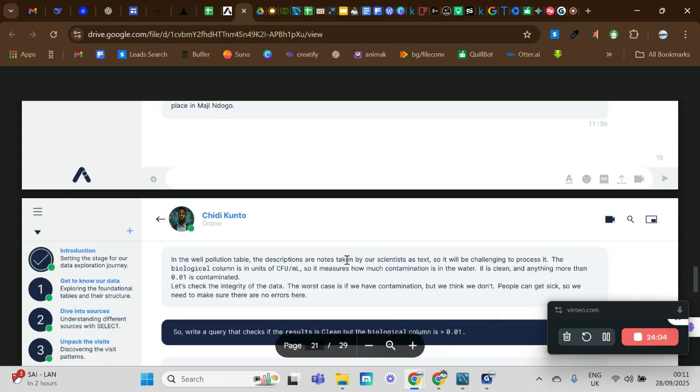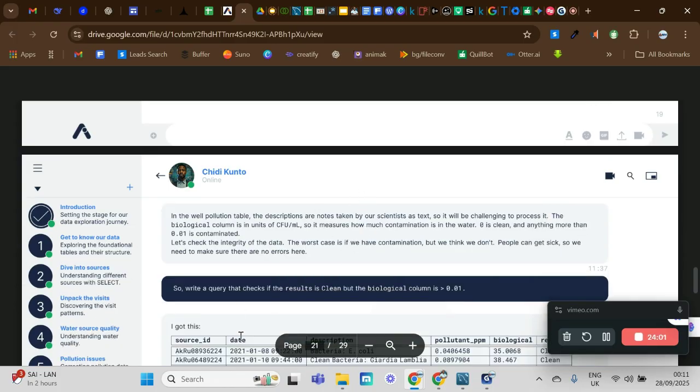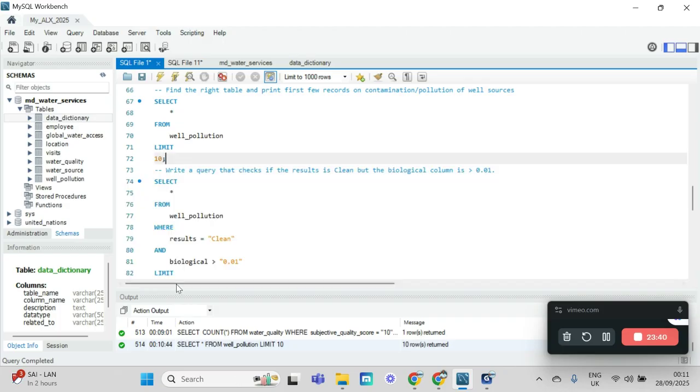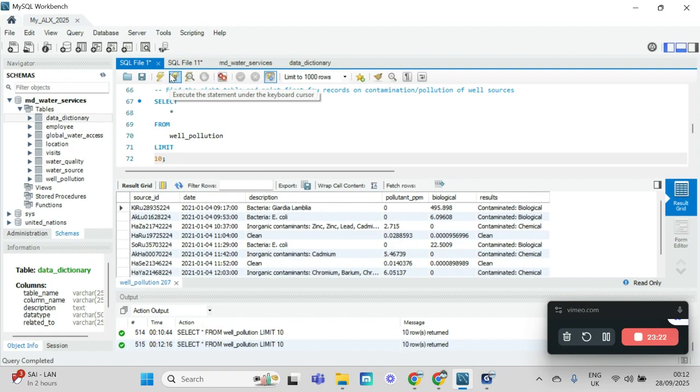There's a lot of text here. The summary is that we are supposed to write a query that checks if the result is clean but the biological column is greater than 0.01. So let's see if we can do just that. So write a query that checks if the result is clean but the biological column is greater than 0.01. So you will realize, let me execute this one again so that I can explain what that